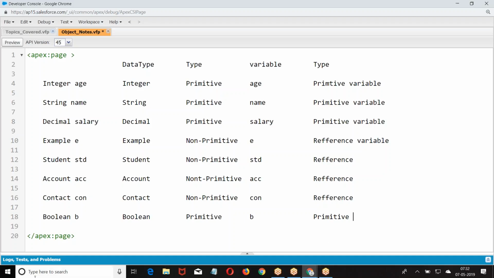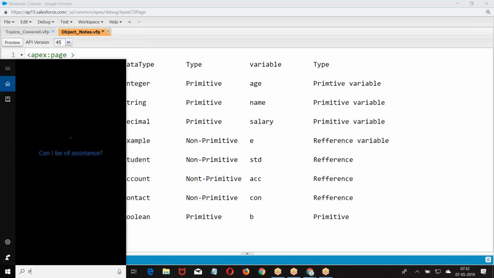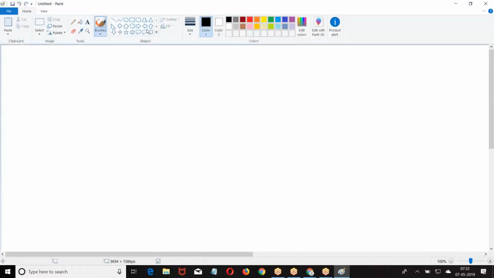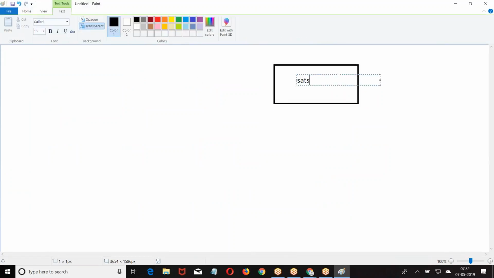Now look at the point. If I have Satish, the memory is at some 400. When I say string name, they hold the value.